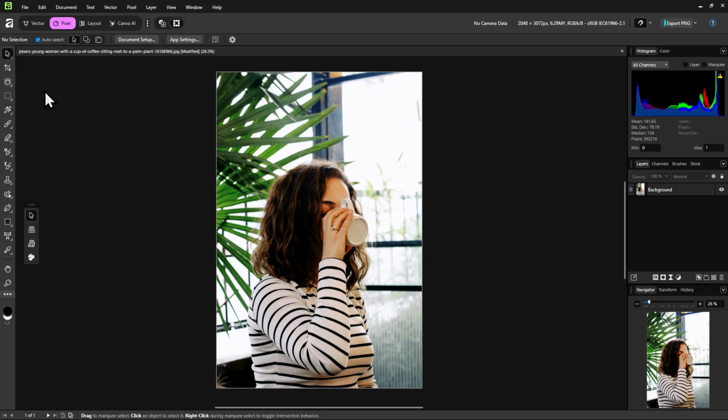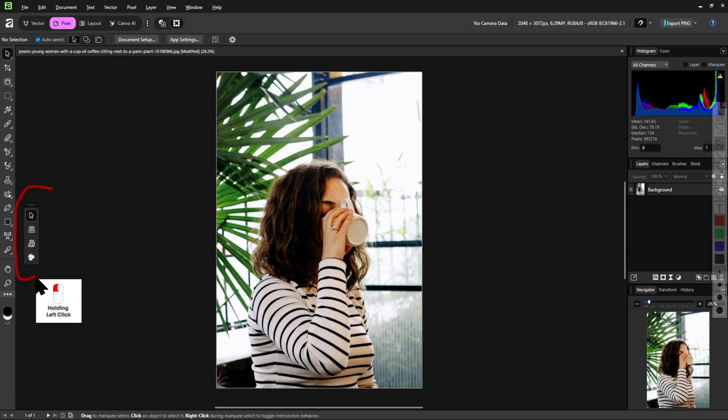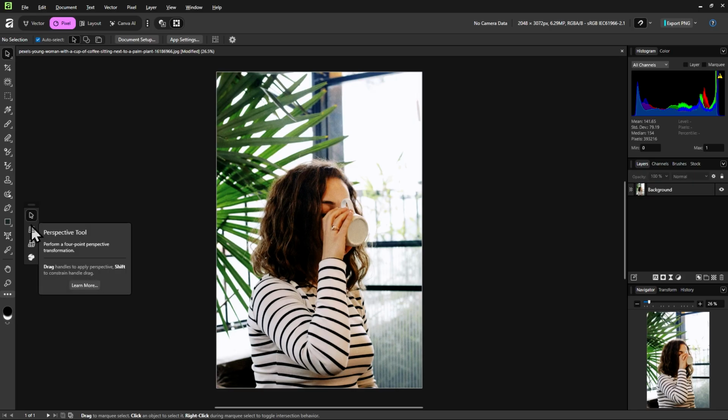You might have also noticed that there is this floating panel just beside our tools panel or our toolbox if you want to call it. This shows other tools that are grouped with the tool you currently have selected. So we know that the perspective tool is grouped with the move tool, so we can see that in here.